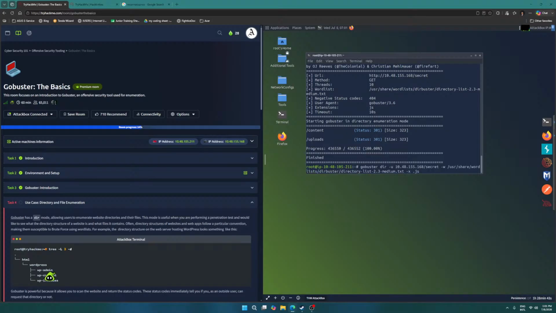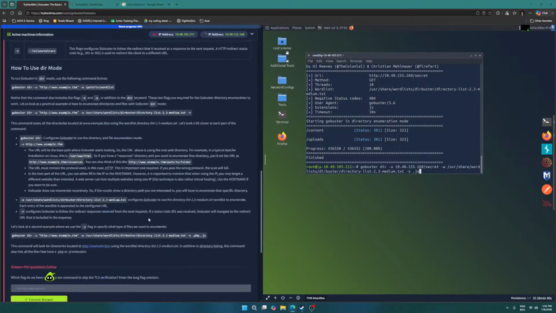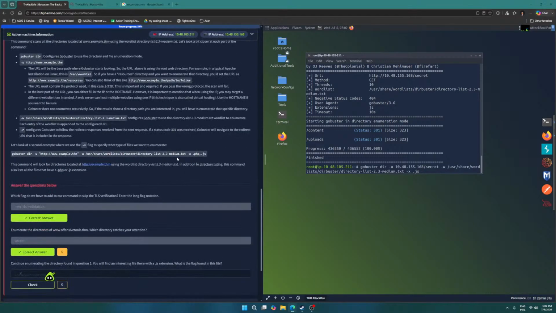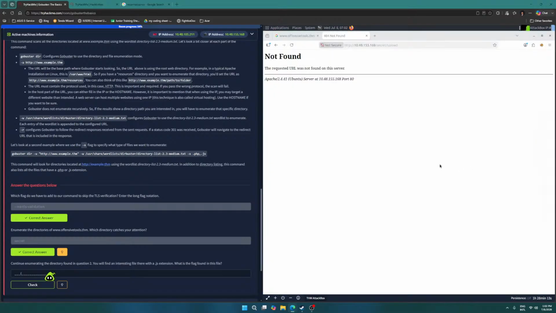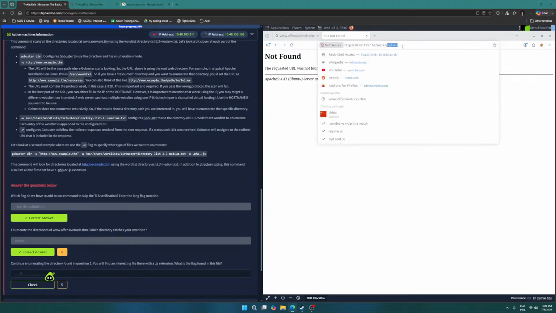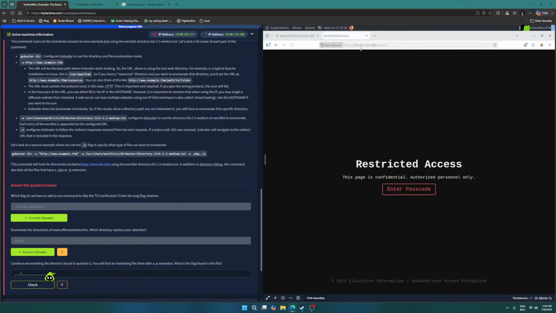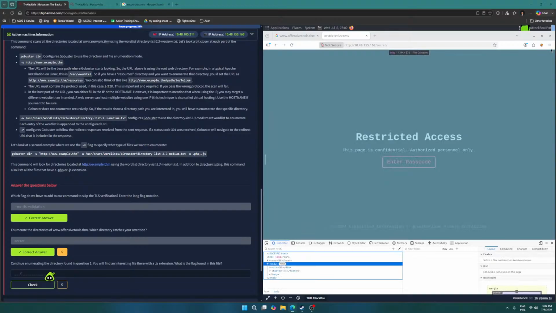So Gobuster, with .js. Let's see, I think there's an example here: txt -x and then js, wordlist.txt and -x js. It should work, but no, it did not work for some reason. But if I inspect, do I get something called